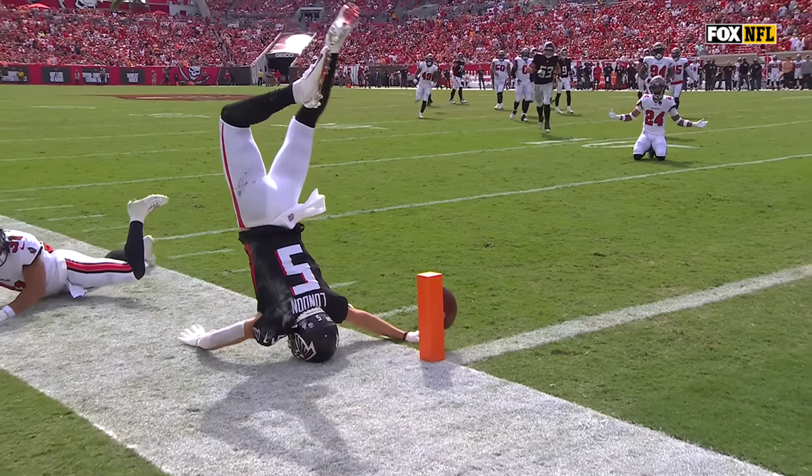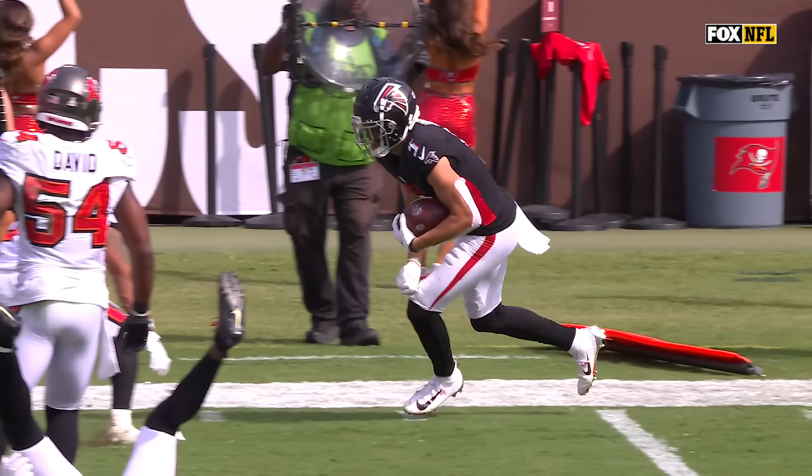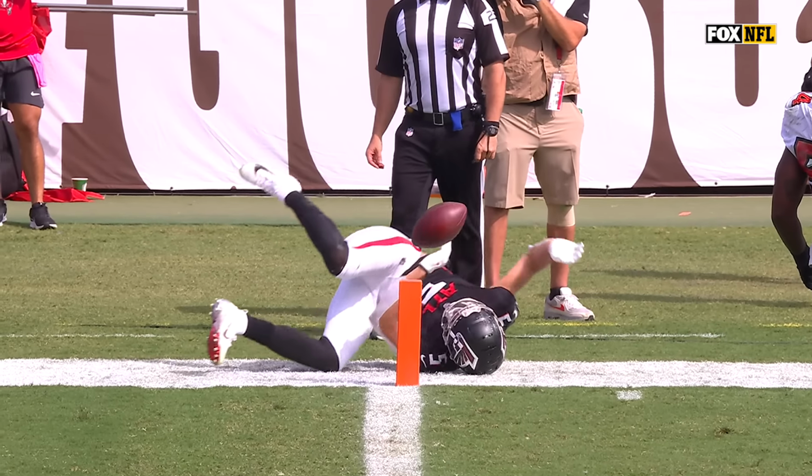That was the ruling on the field, that there was no fumble on the play. The previous play is under further review. So, if you're reviewing it and it's not a score, is it a fumble? I think,